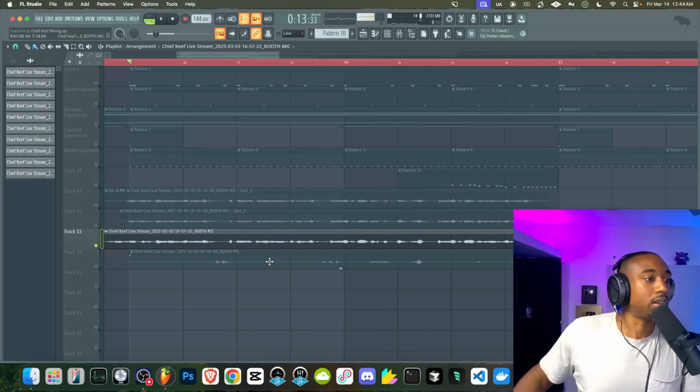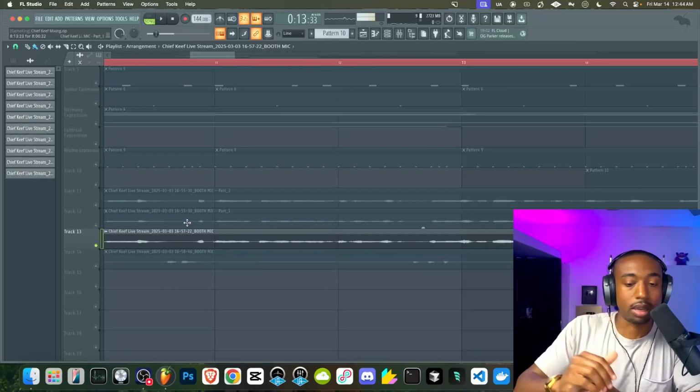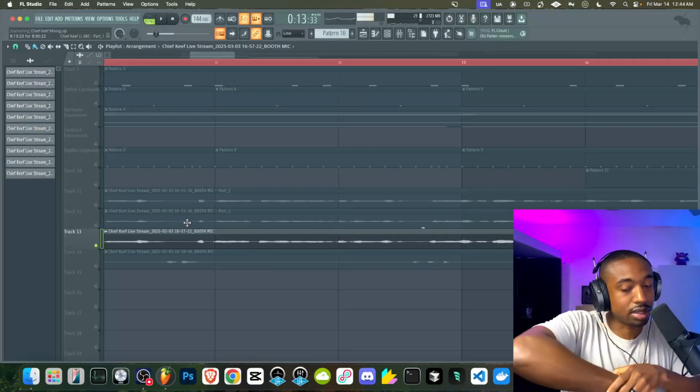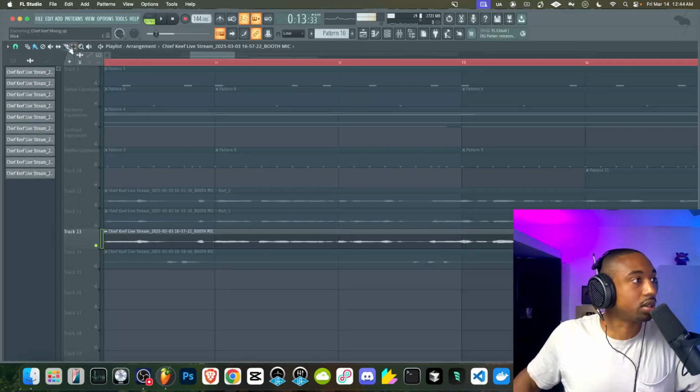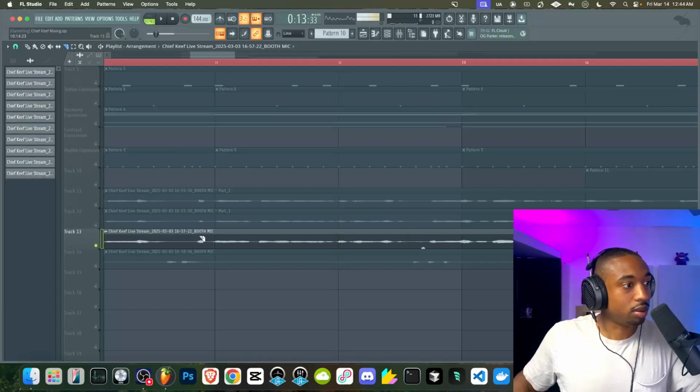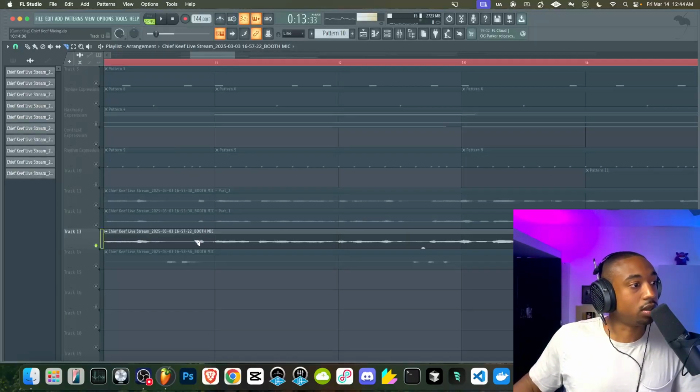What we can do, I'm not going to go through a bunch of plugins to be crazy with this technique. We're just going to grab the slice tool. We're going to slice the audio and we're just going to turn it down. Just as simple as that. So the plosive is right here. We're going to hit Shift Alt, do a vertical slice, Shift Alt, and just turn this down.